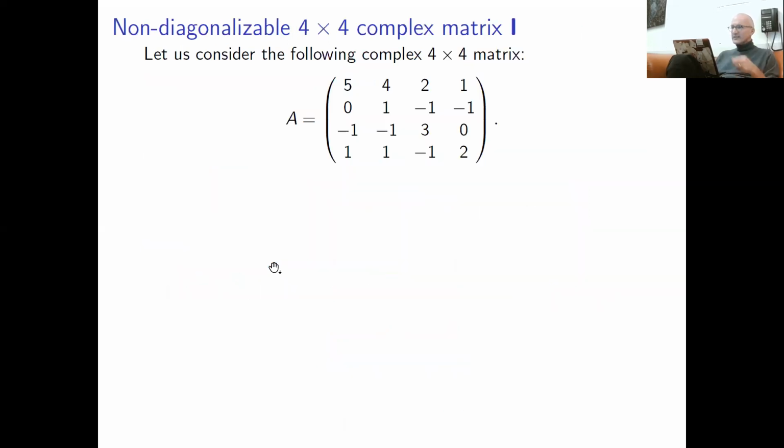Let's try to apply this criterion in this case. I deliberately consider the 4 by 4 case, and I will explain why a bit later in a few slides. We consider this matrix and we want to check whether it is diagonalizable or not. If it's diagonalizable, we also want to diagonalize it. We want to find a matrix M such that M inverse A times M is a diagonal matrix. This is a very nice complex matrix. All its entries are very nice complex numbers. They're also real, but it doesn't stop them from being complex. So this is absolutely okay.